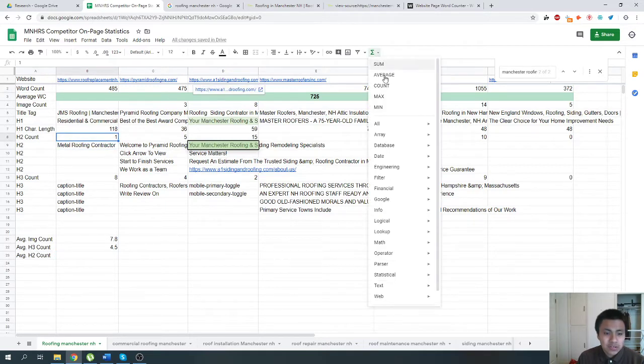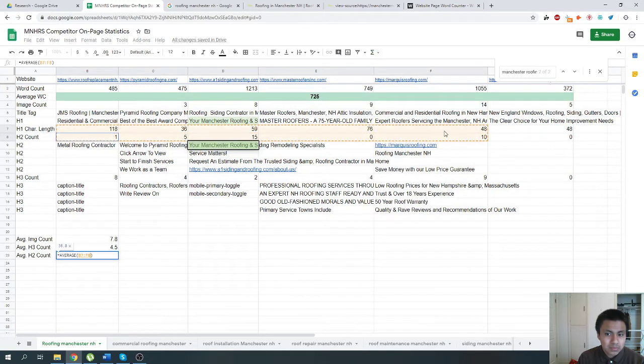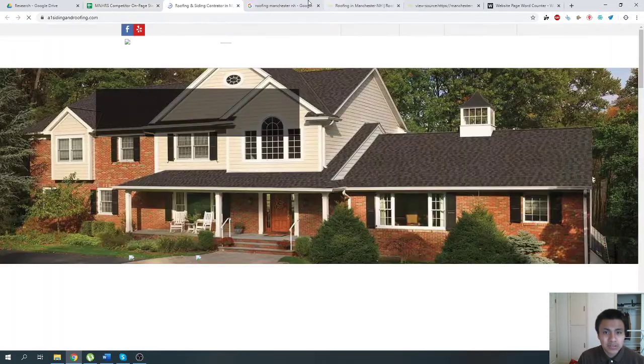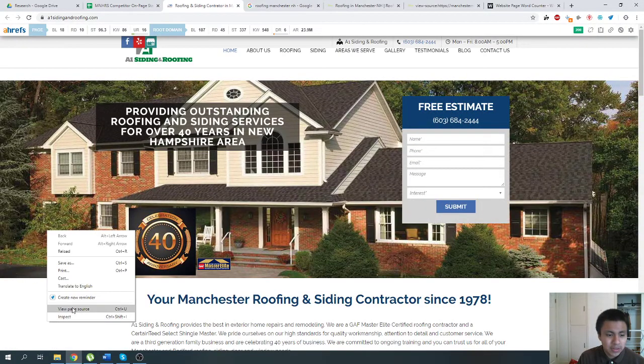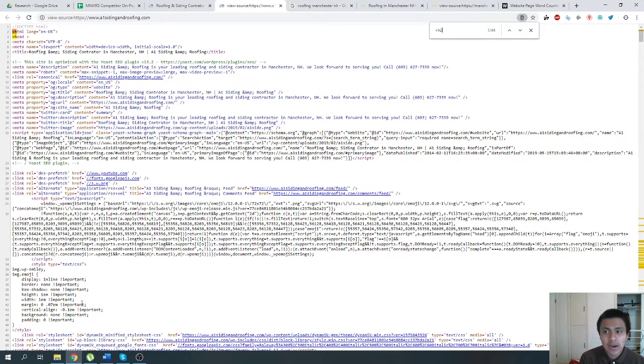So if I look over here, 0.6 is the average. 15 heading 2 tags is okay. Now, if I go onto their site and I take a look at how many H2 tags, now this really,